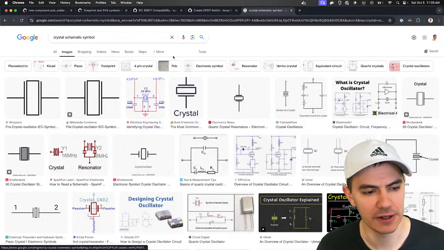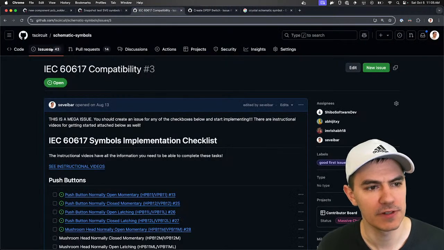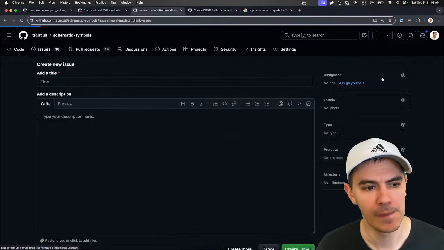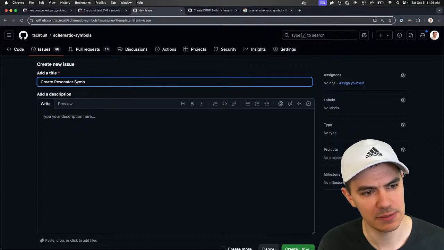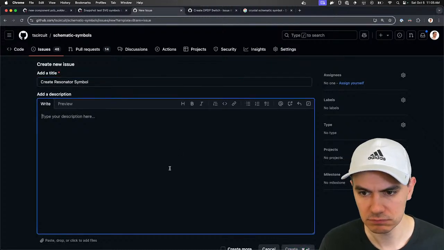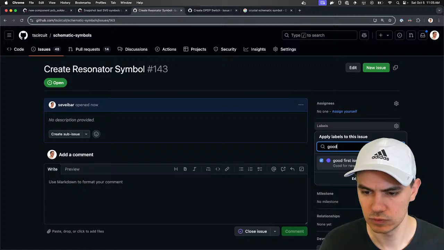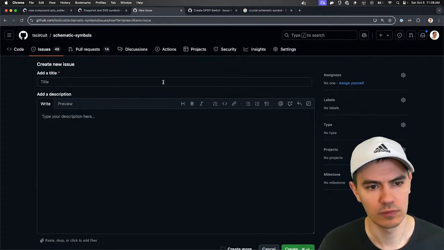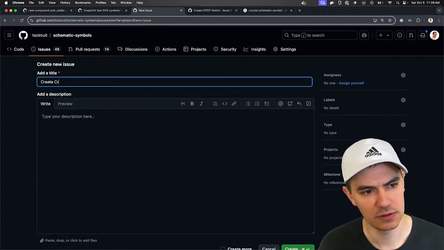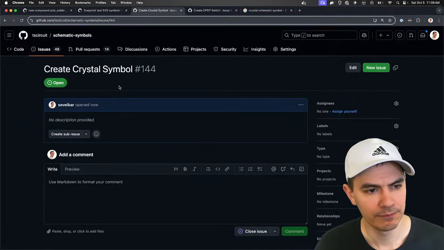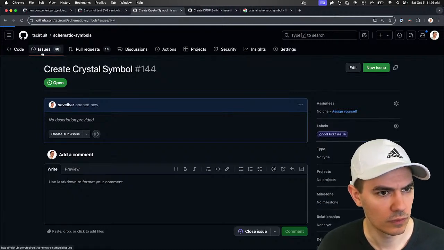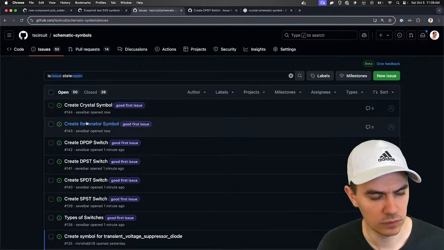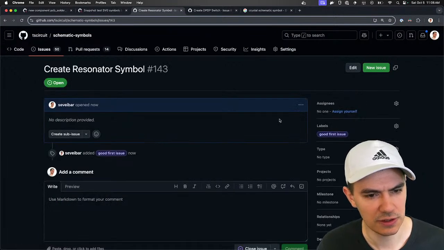Oh, that's a resonator. Let's do those. Those are really important. Create resonator symbol. Create crystal symbol. Resonator.